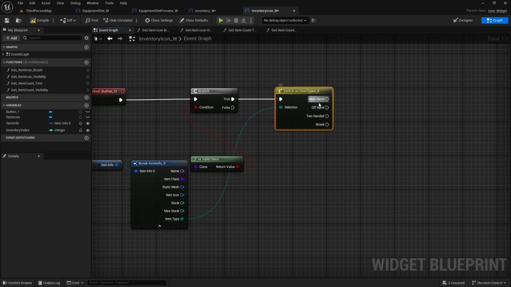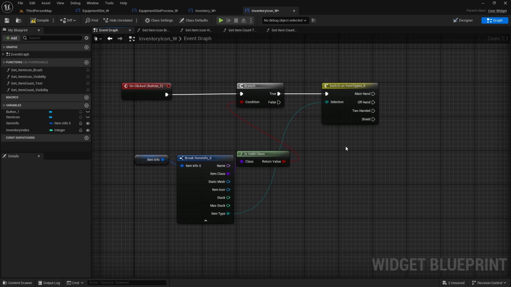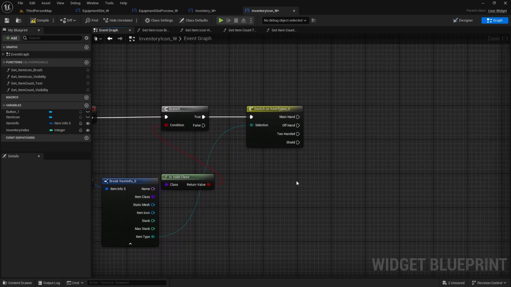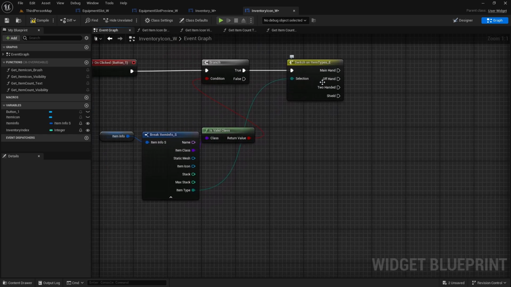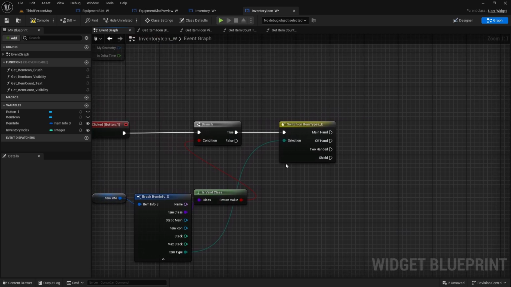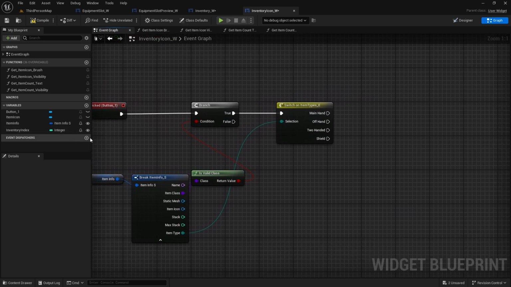For now we only got main hand, offhand, two-handed, and shield. We don't have armor yet. We will add it later on as well, because for now we don't even have items. You can also later create potions and stuff like that, and for each type you can have a different function run. So for now we're going to create one more variable,